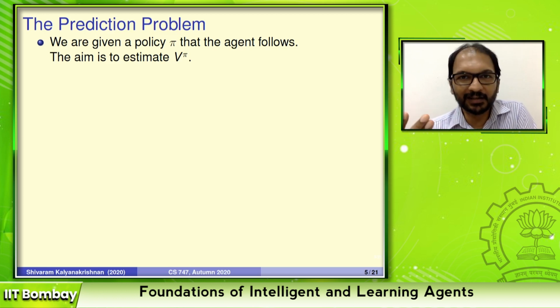The main difference between control and prediction is, in prediction, the agent is not asked to decide which action to take. The agent is given a policy pi that it is going to follow. Let's assume it's a Markovian stationary policy. It could be deterministic or it could be randomized, but the agent's behavior is fixed. So we know that the agent is going to be following some policy pi. The agent's job is to estimate the value function of pi. What it is going to try and do with experience is say, well, this is what v pi is.